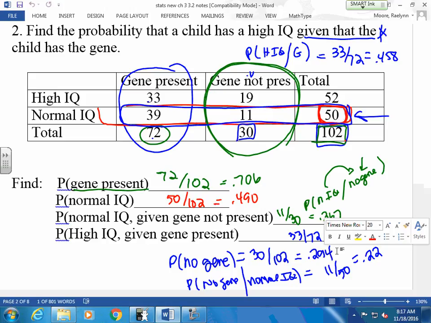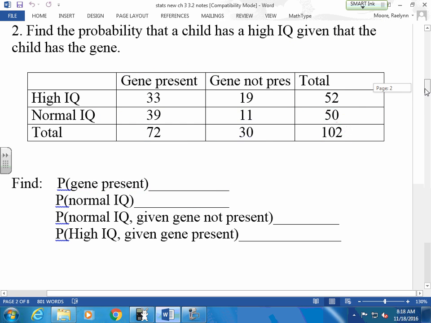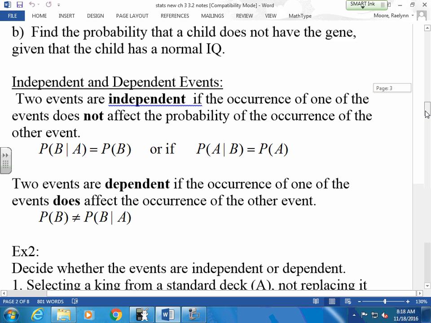Do we kind of feel this a little bit? See what a dependency is versus an independent? Everybody okay with the chart? Always go to the given. Once you have a given, that's where you have to stay. Whether it's a column or a row, you can't leave that. Okay. So we did those.